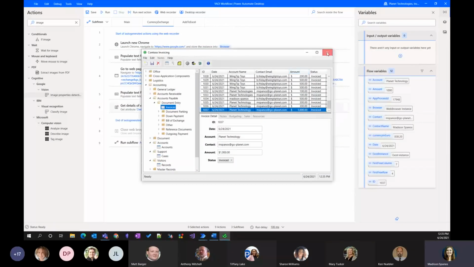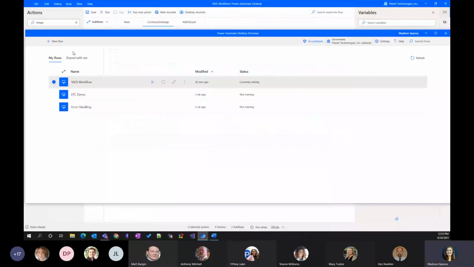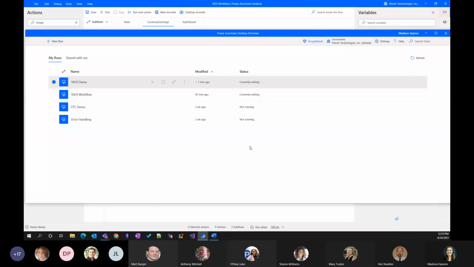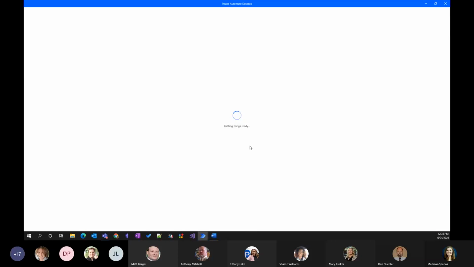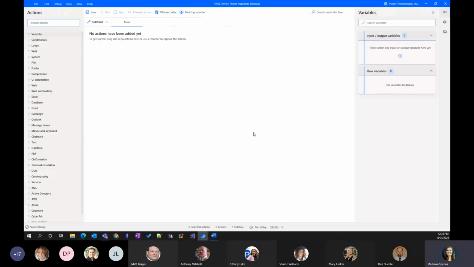So let's build it. I'm going to move this way. Let's go to new flow, and we're going to name it Demo. Getting things ready. I'm going to move it over here. As you can see, we have a blank canvas, beautiful to work with. We have no inputs or outputs, no flow variables. What we're going to do is we always start out with a main